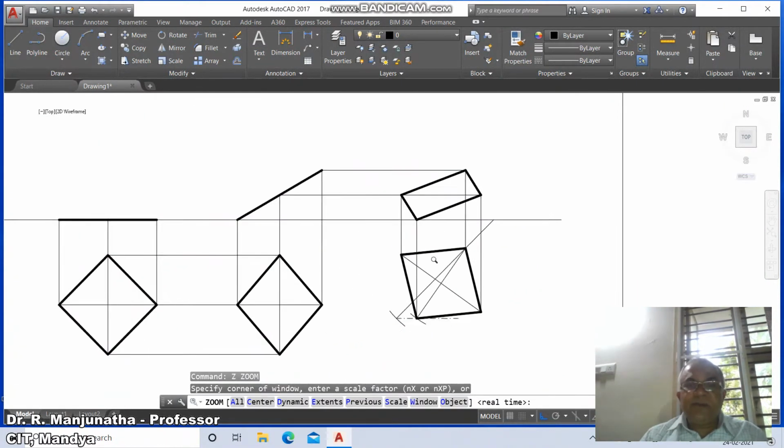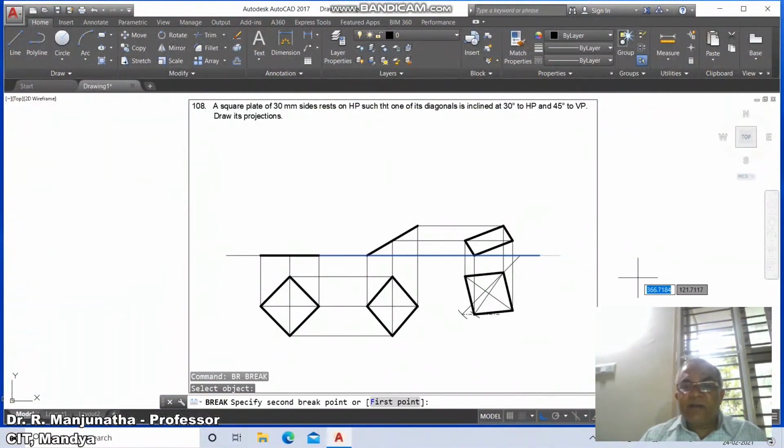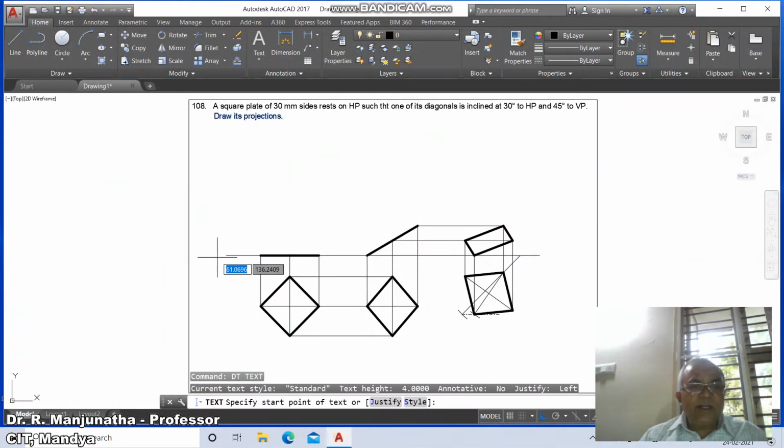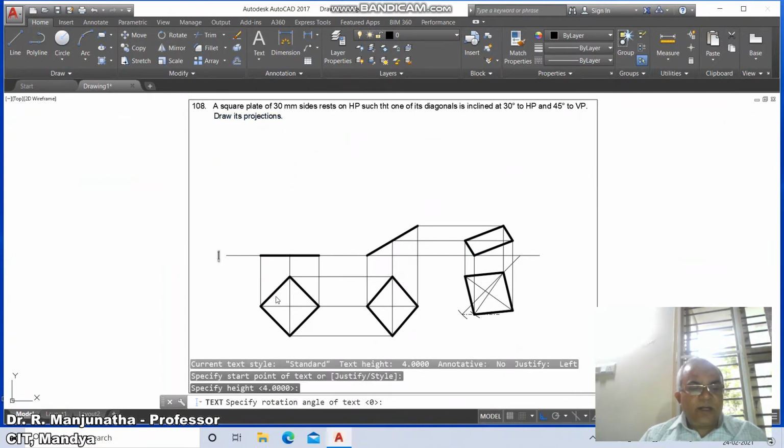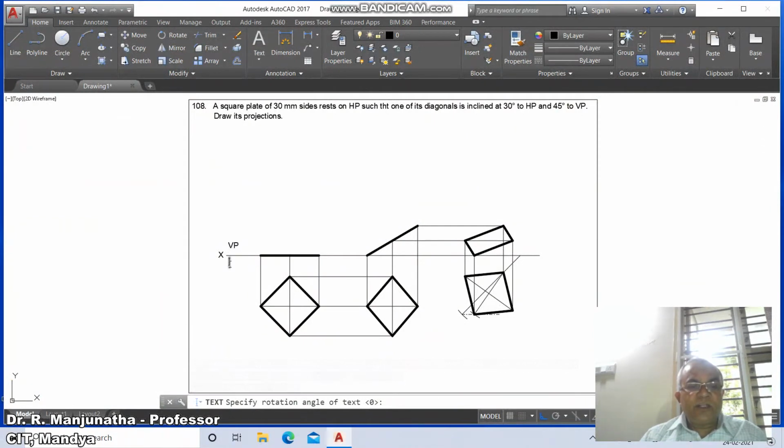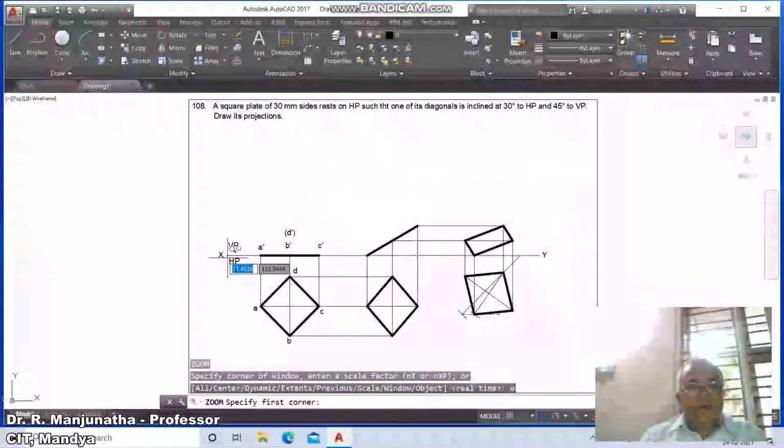Now we go for zoom previous and go to break this line till here. Now we will go for dtext, select this and mark this as X, you take this as VP, you take this as HP and you mark this as Y and put up the caps lock and type A, B, C, D, and here you type A dash, here you type B dash, here you type C dash, and here you type D dash, and then go to zoom window,